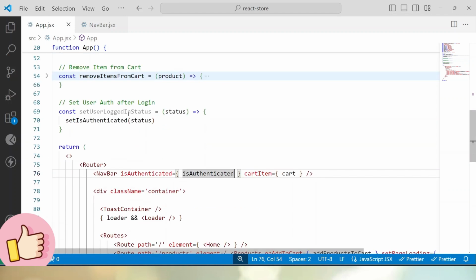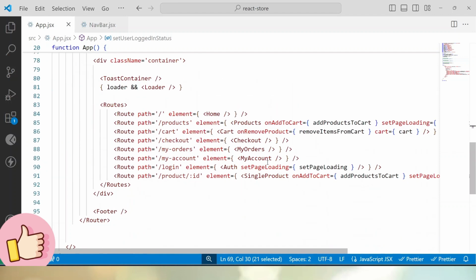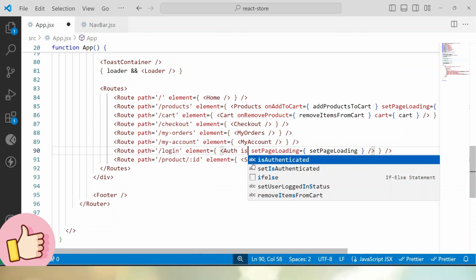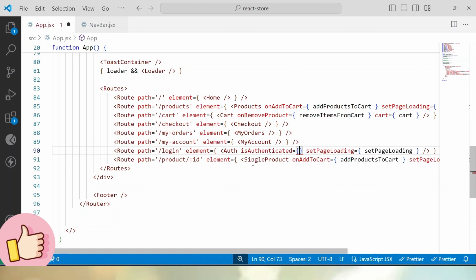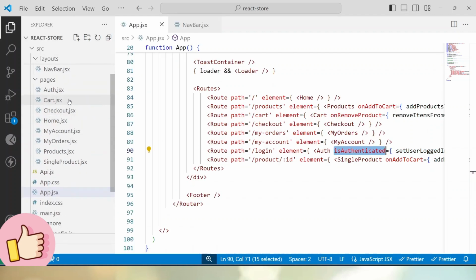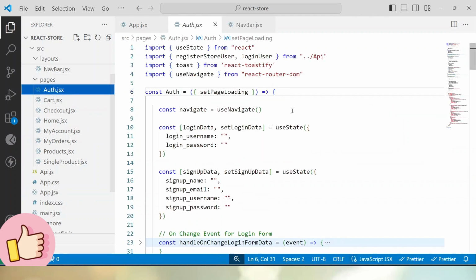So for that, let's copy this function name, scroll down, go inside the auth component, and here let's pass is authenticated. And inside here, let's pass this function. Copy this prop keyword, that is authenticated. Then I will go into this pages folder. Let's open the auth component